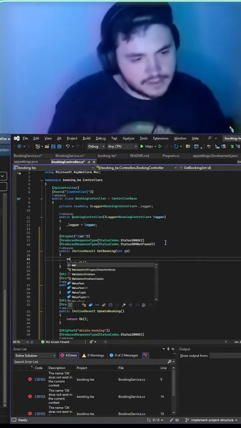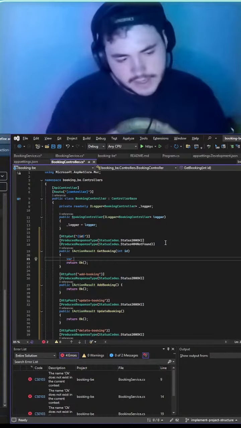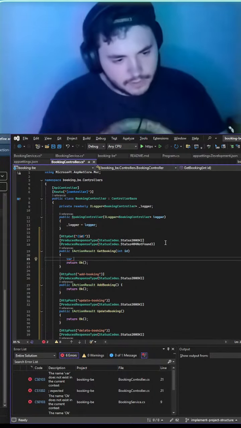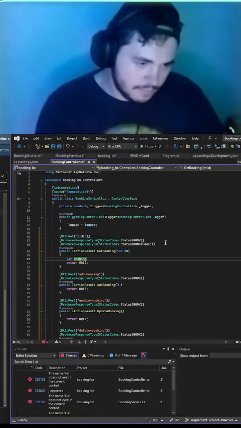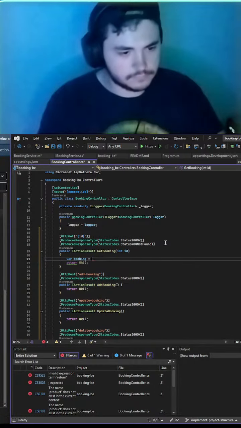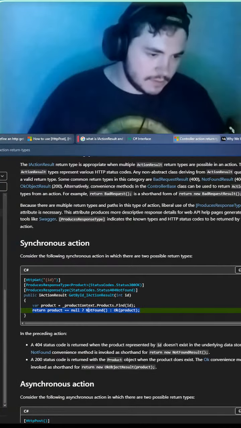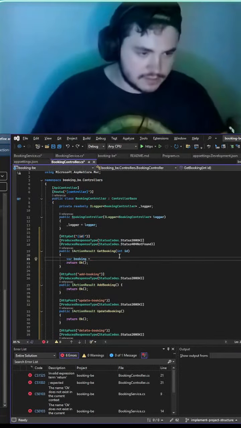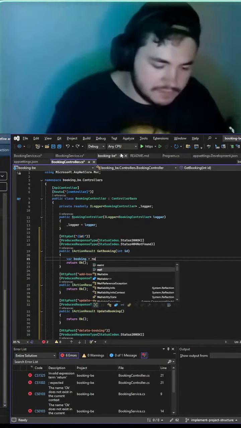We'll say var, we're declaring a variable, booking, is equal to product context ID. Let's just make it null for now, I guess.